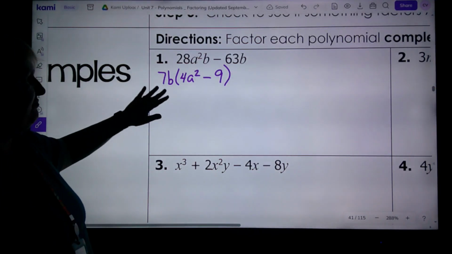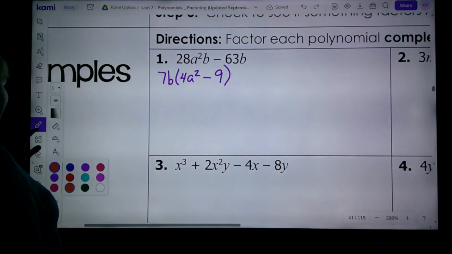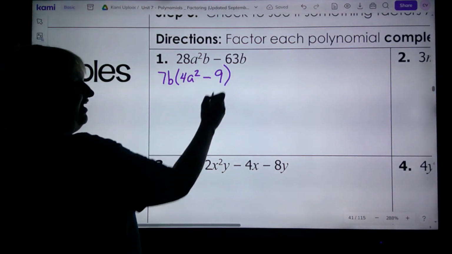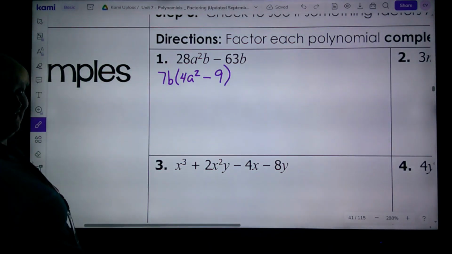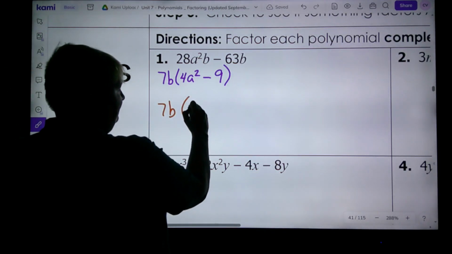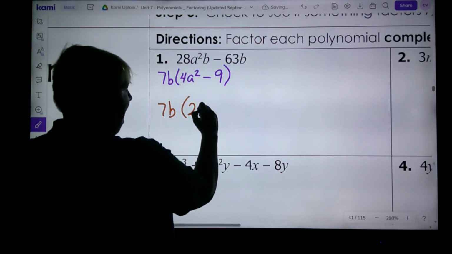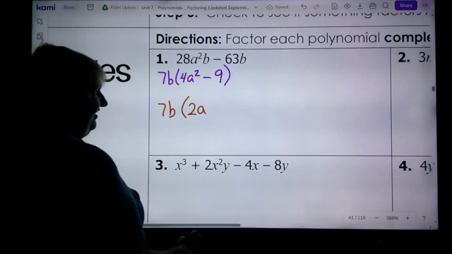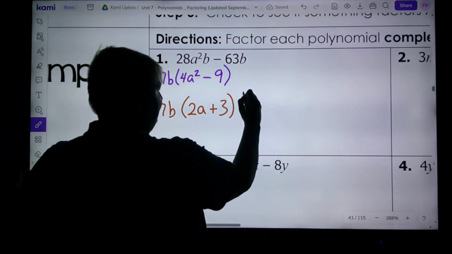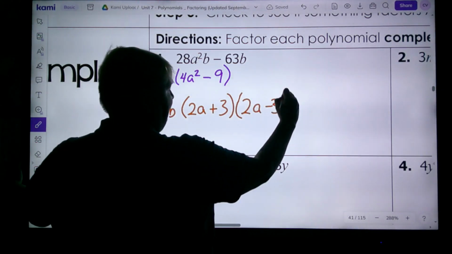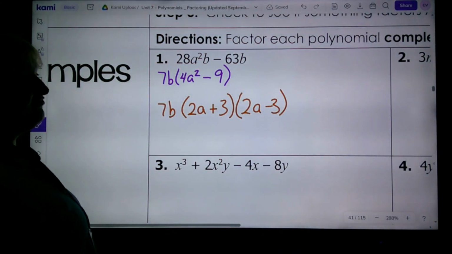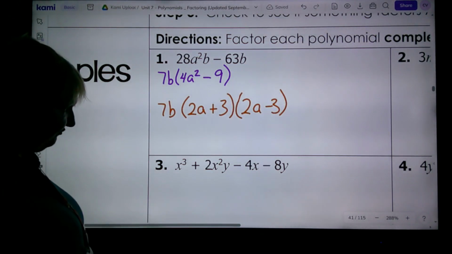I factored out a 7b, but look what's in here. Look at it. 4 is a perfect square. A squared is a perfect square. 9 is a perfect square. Right? So 7b has already been factored out. 4 is 2 squared. A squared is a times a. And we need a positive 3 and a negative 3 to make that negative 9. Can this be factored any further? I mean, technically, if they wanted it simplified to its smallest form,